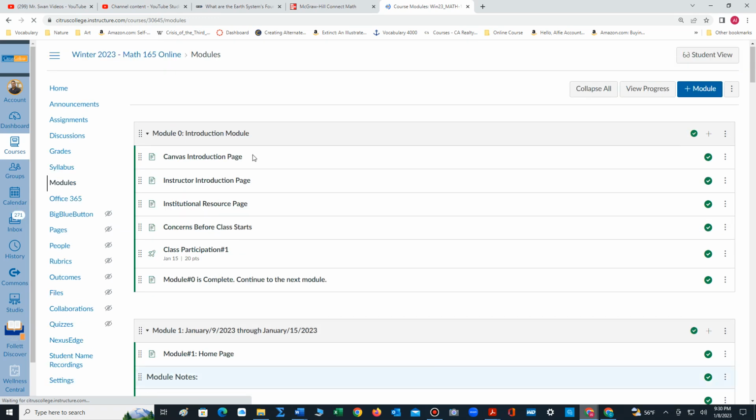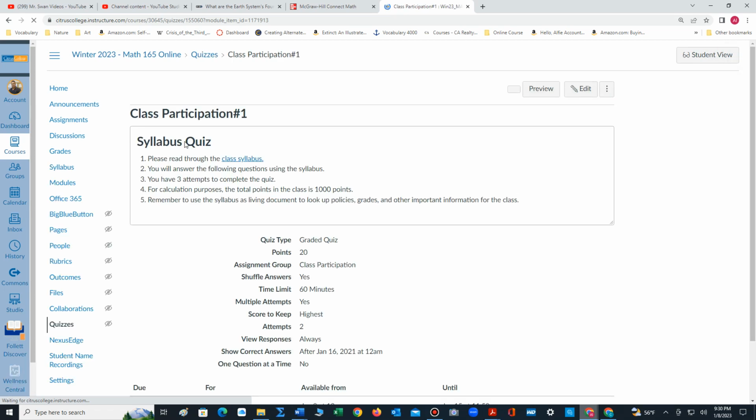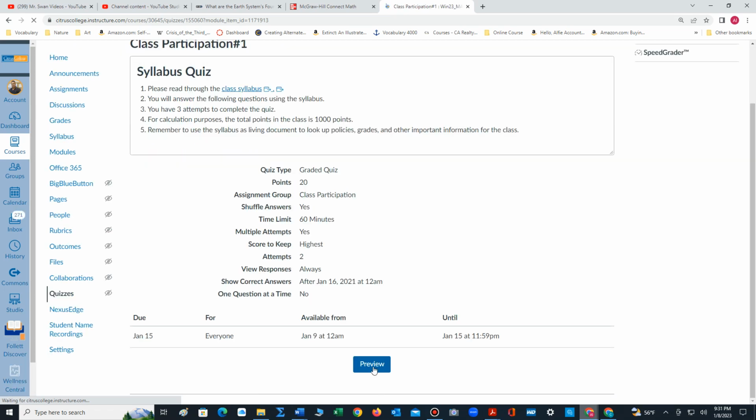So for example, module 0 is an introductory module. That's where the first class participation is located. You can see the closing date here. You click on that link. It'll provide the instructions, and then you complete that assignment by the due date. You have 2 attempts for each class participation assignment.